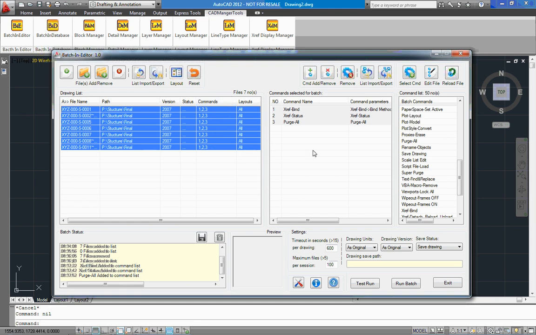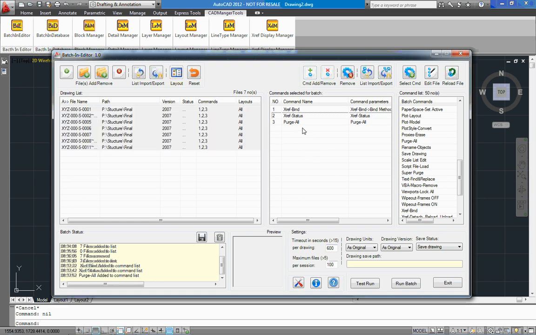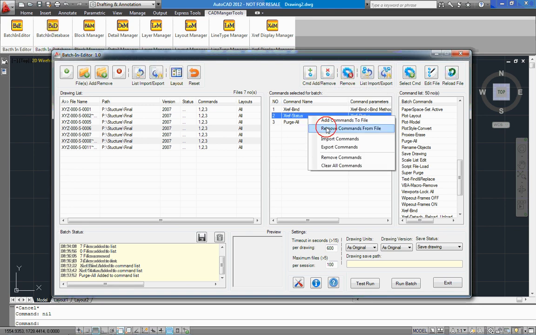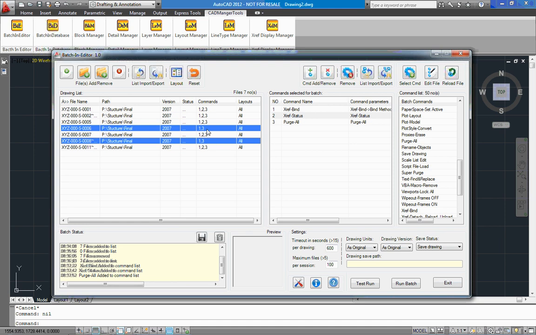Now if you want to remove some commands, suppose you want to remove the xref status, you don't want all those things for selected files, you can select. I'm pressing Ctrl, then I have selected these two files, and I want to remove only the number 2 command, that is xref status. I don't want xref status. Select that particular command you want to remove, then you can click on remove command from file, or the same command can be accessed from right click, remove commands from the files. So you can see that particular files will have number 1 and 3, that is xref bind and purge all